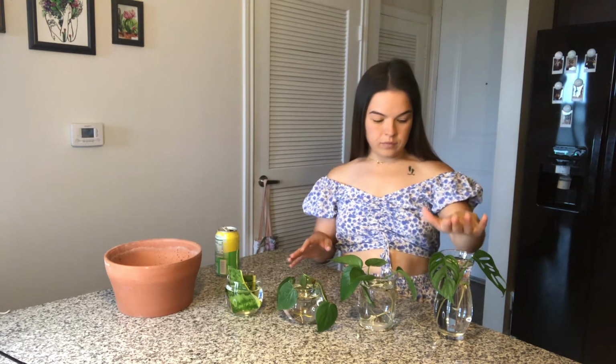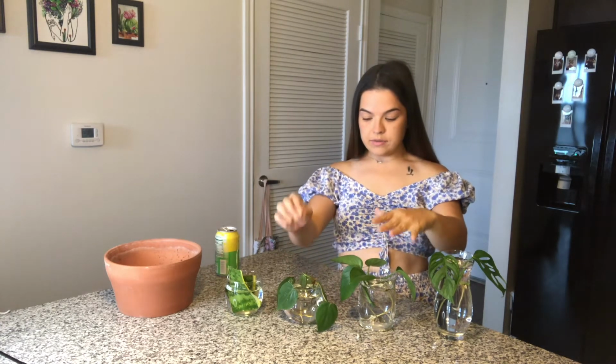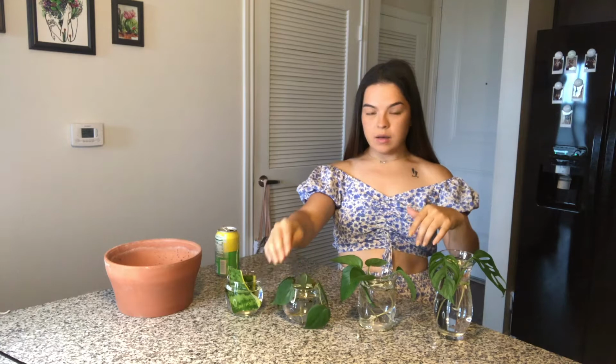You guys, all of these guys have grown roots, and some of them are ready for propagation. Swiss cheese is ready for propagation, and so is pothos. A couple of these philodendrons are ready, but not all of them, so I'm gonna let them rest for a minute. And this girl, you guys,